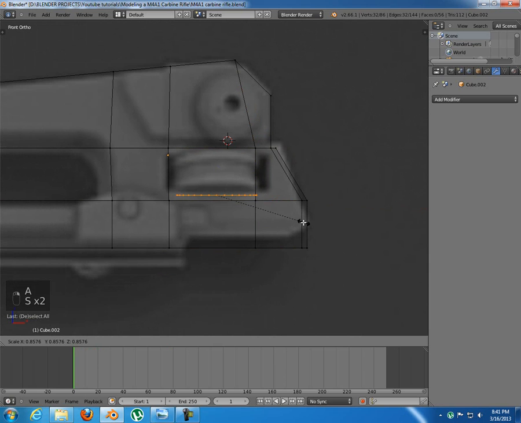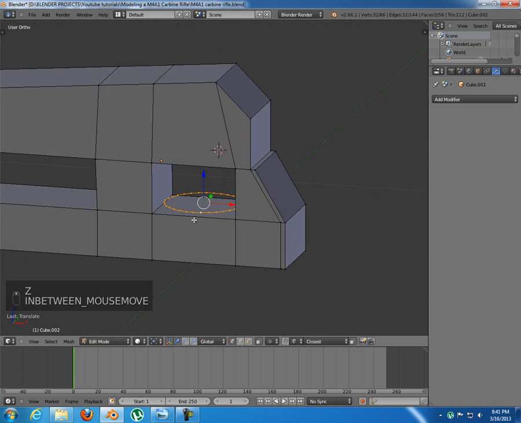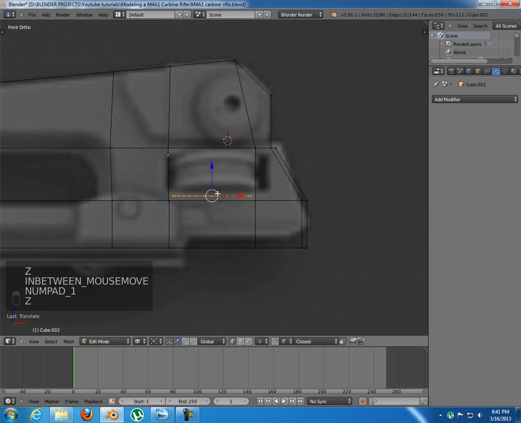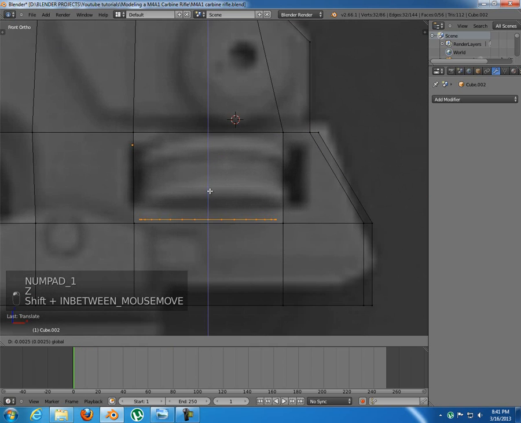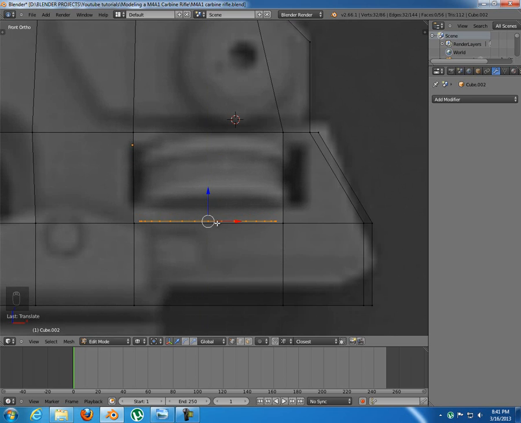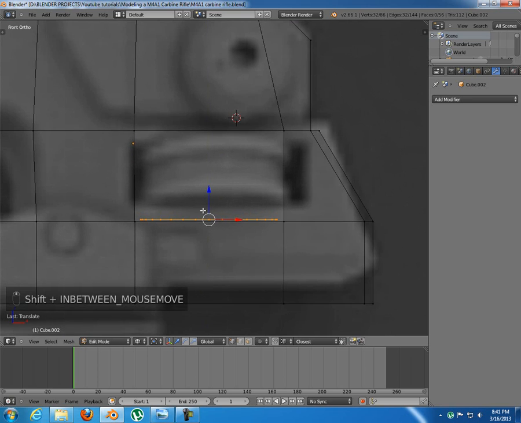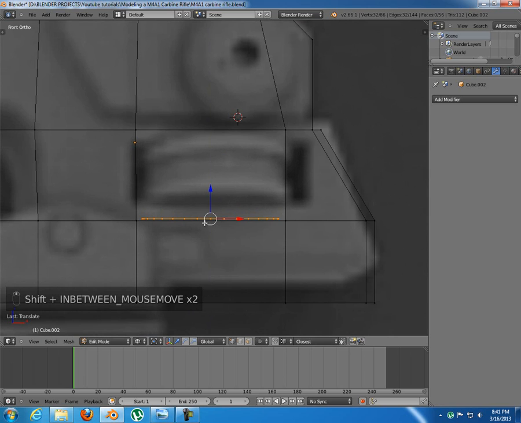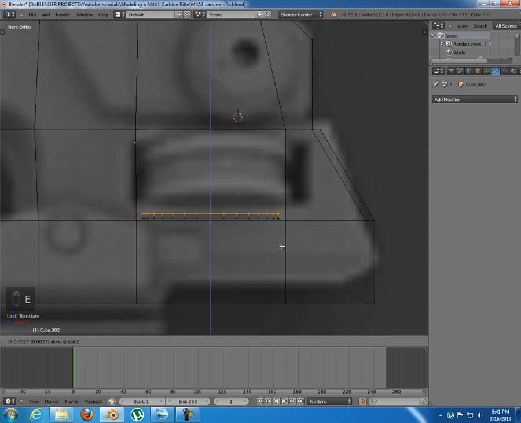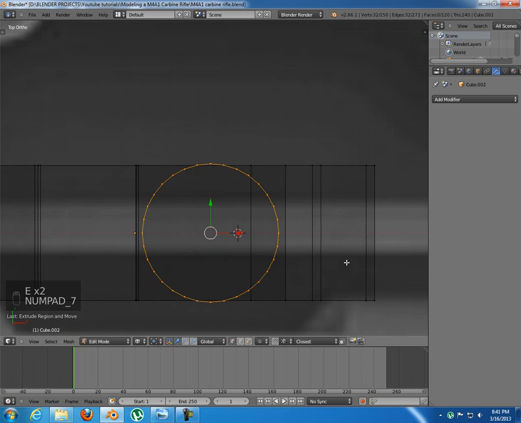Okay, fit that one in there. As you can see, something like this. Bring it almost to that edge or that face, and now extrude it up just a little bit, extrude it again and scale it in a little bit,